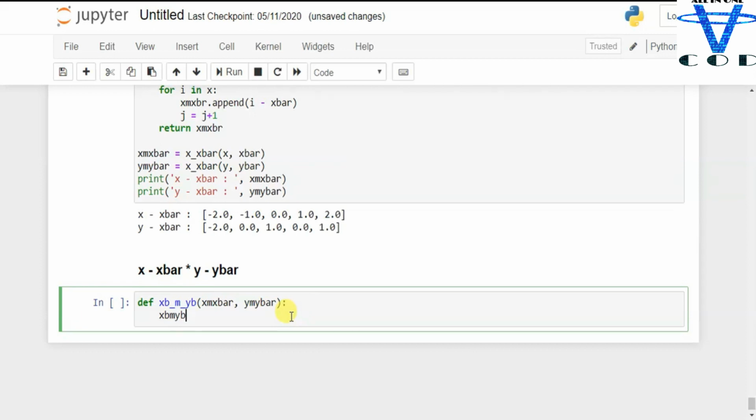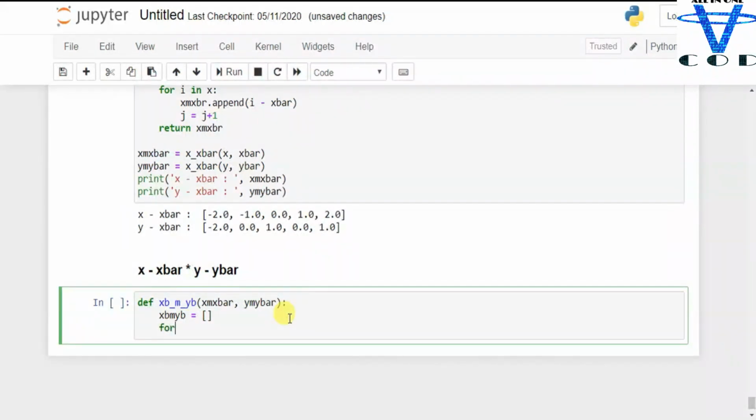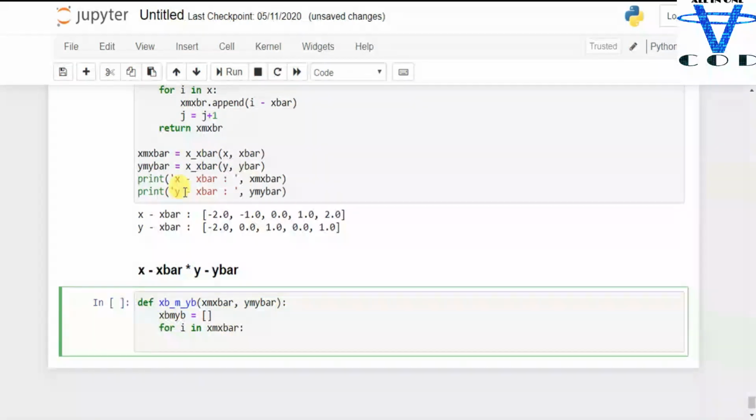Then for i in x minus x bar, i is gonna go in here, here and here, and then x bar multiplication y bar dot append, I'm gonna pass the i, which is x minus x bar, into y minus y bar of j.